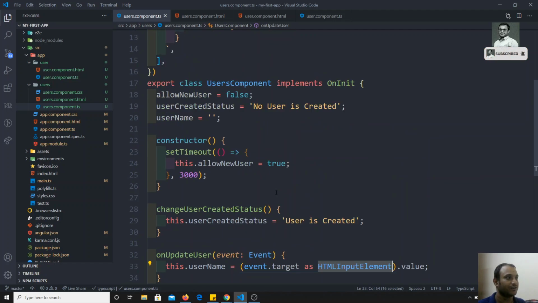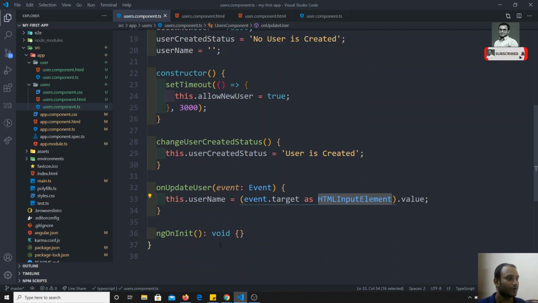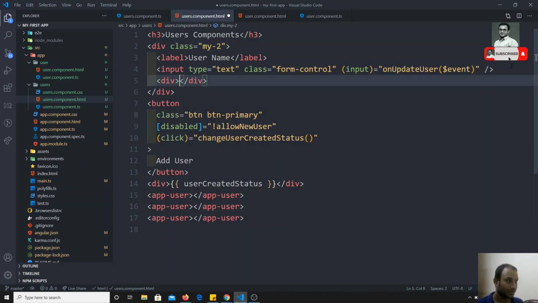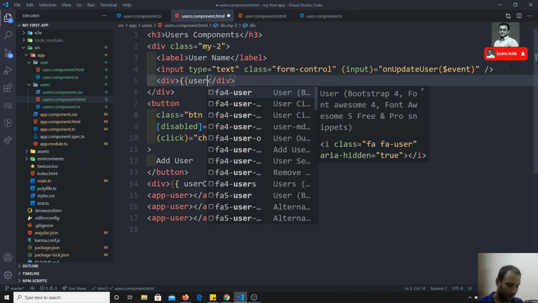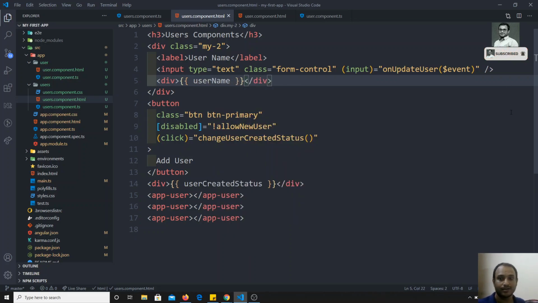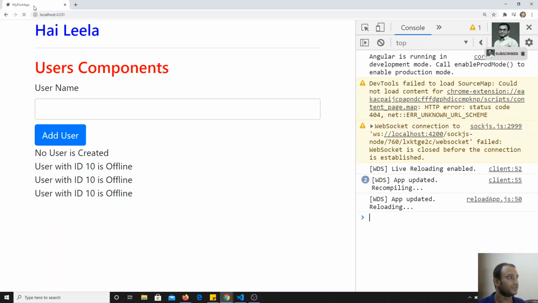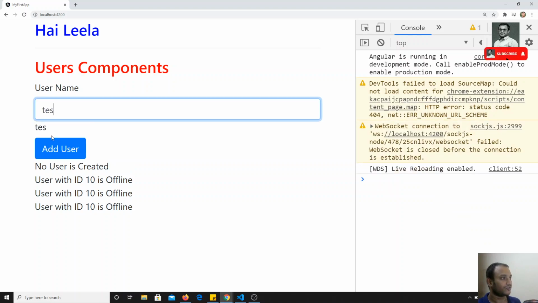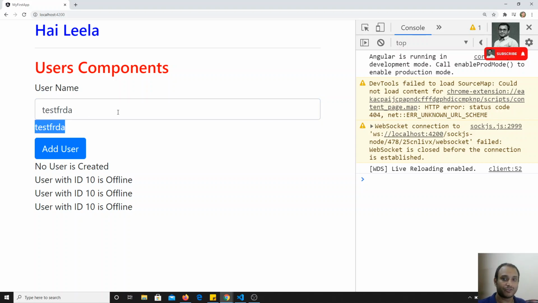Now we will try to show this username in the user component.html. Below here only I will show it. In a div I can wrap the username like this. Okay, now I got the username. Now let's see the output. If I refresh and try to write anything, you will see the data is automatically getting updated. So this is how we can use event binding and also pass the data